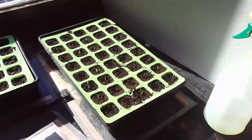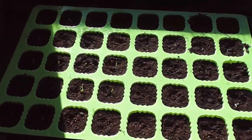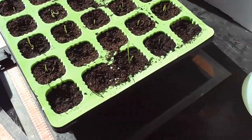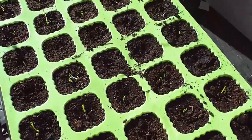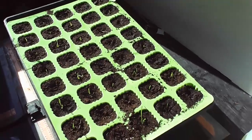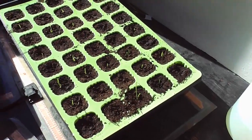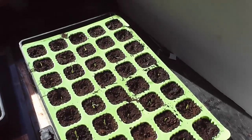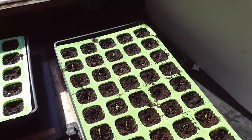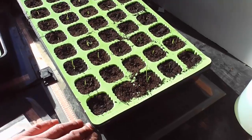And then these are the banana shallots, getting a bit better germination this year than last year because I've done them inside, so they're mostly all up now. Might get a few misfires, but I've planted a couple in some of the little modules, so if I do get a few misfires I can prick the spare ones out and fill the little cells in where I've had a misfire. But I don't know whether you can see what I've got these on. They're heat mats